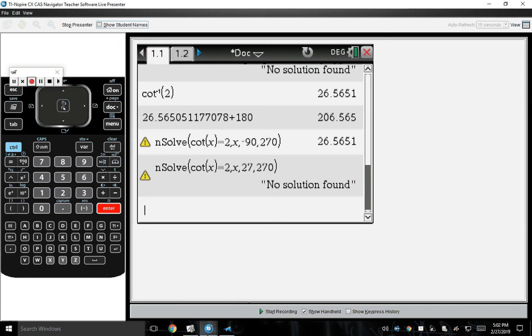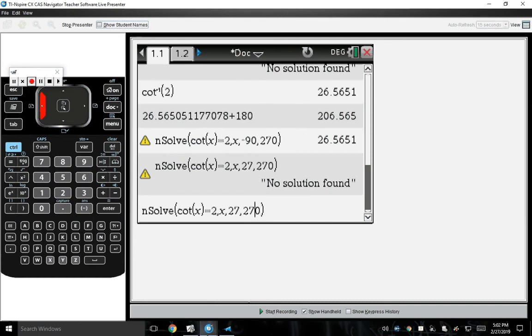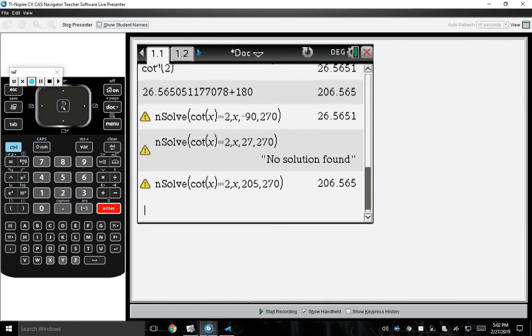Okay, so let's try something just real quick. Let's say we want to say between 205 and up, and sure enough, it does pop up. So a big reason why it's showing this, and that could be a reason why you're talking about these yellow warning signs, is the fact that there are vertical asymptotes in a tangent and cotangent graph. That is just saying that there could exist some answers. There could exist some things that you have to